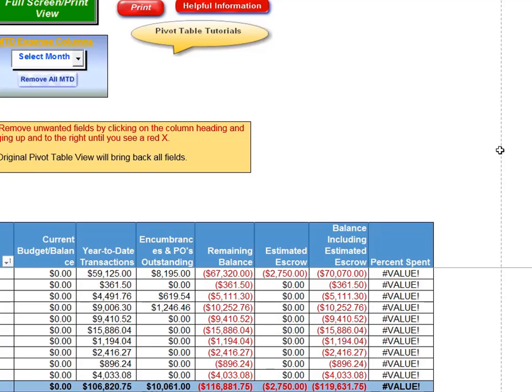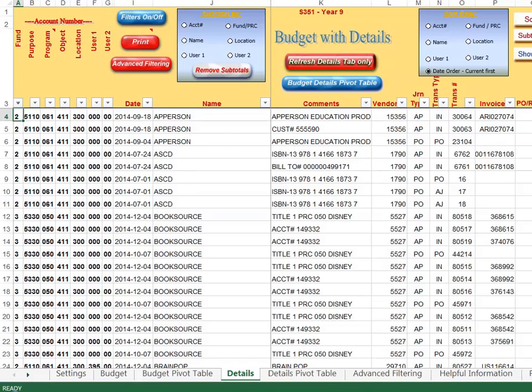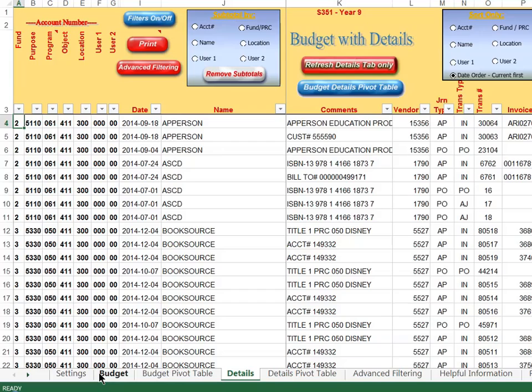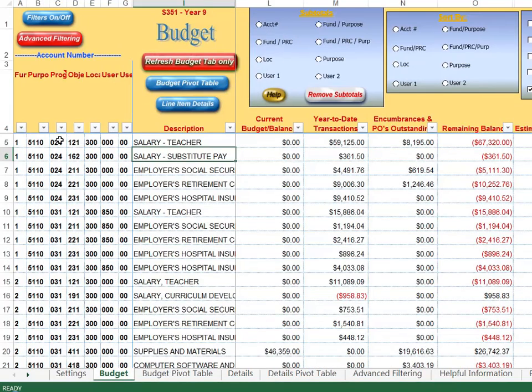So that is the budget pivot table. And we have other tutorial videos that you can watch on our budget pivot table. We're now going to move and talk about the details. Now, in the details, just to show you, we're going to go back to our budget, and I am going